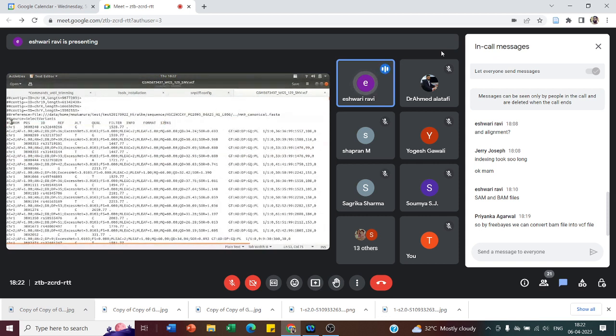So the first column is the chromosome. Then this is the position of the chromosome. This is the ID of the chromosome. Then this is the reference genome. The reference genome has that nucleotide in this position in chromosome 1. That's how you read the VCF file. Then you have the alternate column. This is your